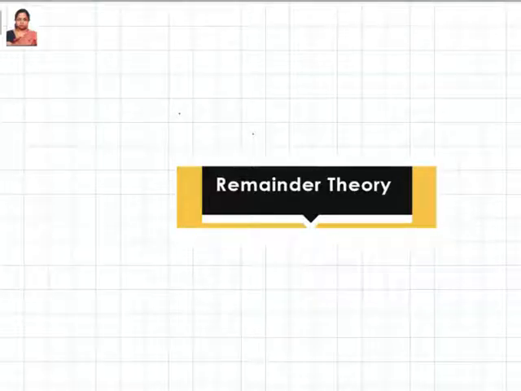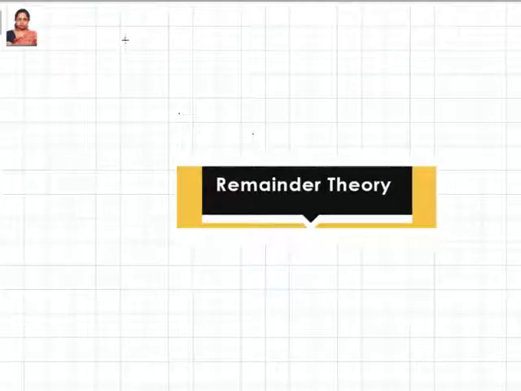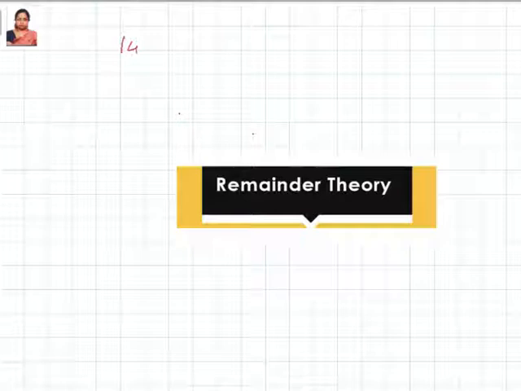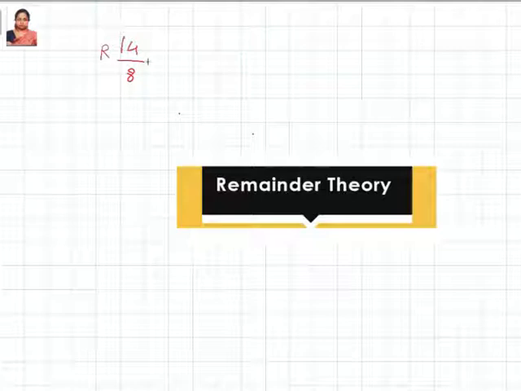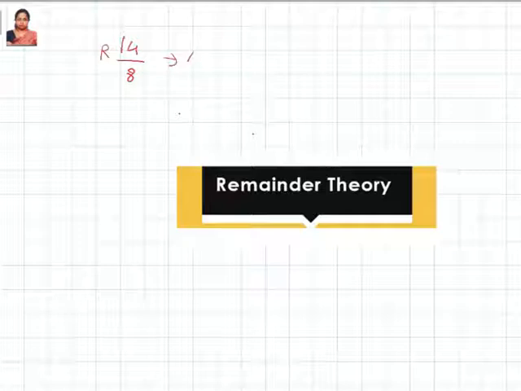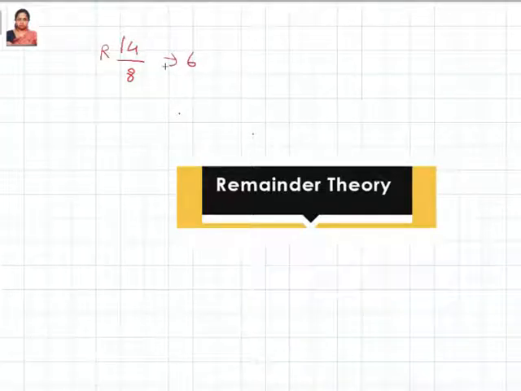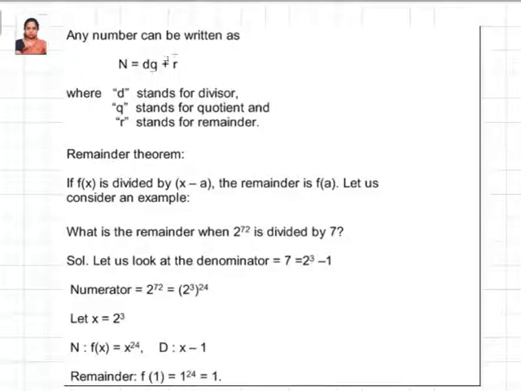So remainder theory, what is the meaning of remainder? Say for example, I take 14, and it is divided by 8. What is the remainder? You know that it can be divided only once, that is 8 goes, remaining 6 is your remainder. So a remainder of any number is: you divide it as long as it is possible, and once the division is over, the left out is what is called a remainder. Now we are going to see this in detail.